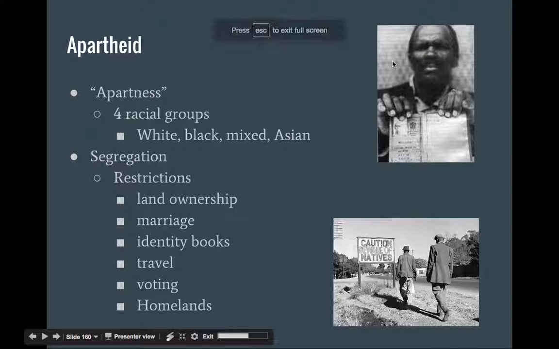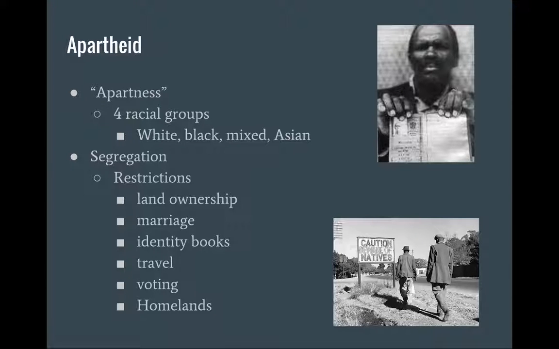So, real quick, I'm going to talk to you a little bit about South Africa and apartheid. When we talk about South Africa, in the early 1900s, South Africa was run by white Afrikaners. Afrikaners were the original Dutch people that landed in South Africa, and they took the land from the African tribes that lived there. Even though South Africa had received its official independence in 1910 from Great Britain, most of what was going on in South Africa was that it was run by whites, so the Afrikaners and even the British that resided there. So really, truly, Africans, like original black Africans, had restrictions and a lack of freedom in